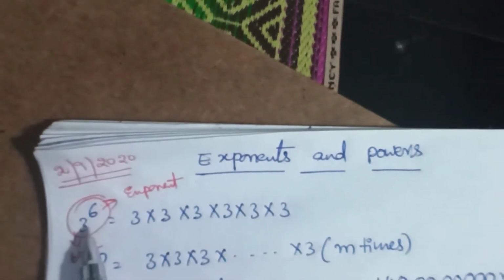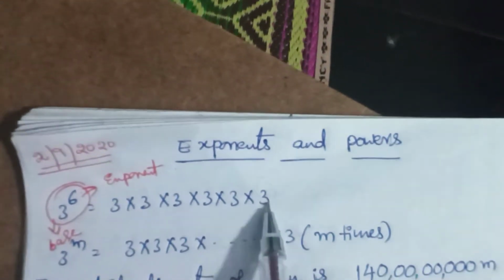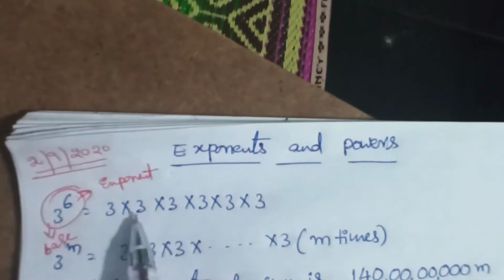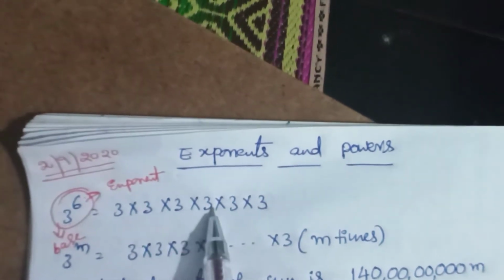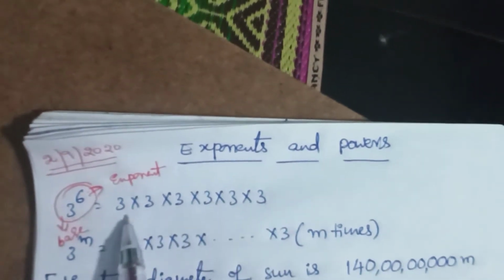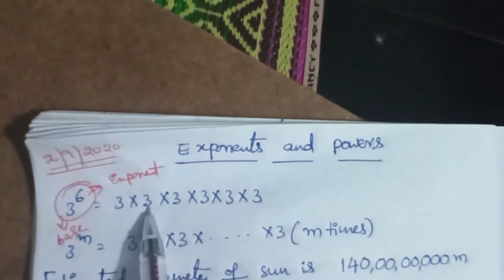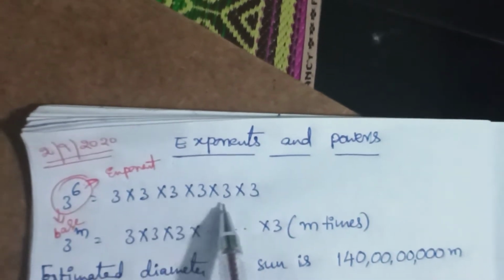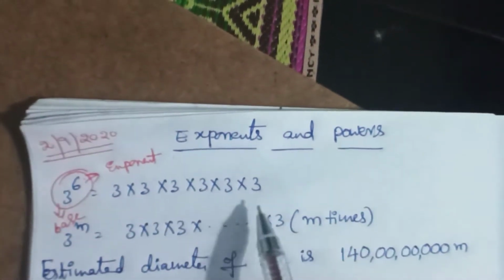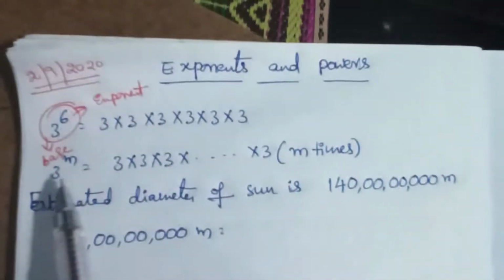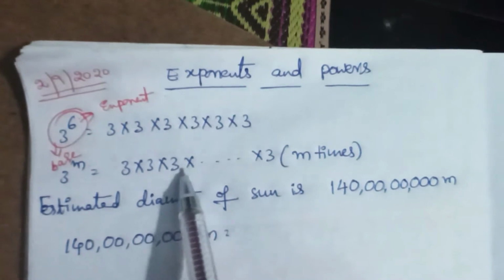So 3 is repeatedly multiplied by itself 6 times. How many times is it repeated? 6 times: 1, 2, 3, 4, 5, 6. Here 3 is the base, and repeatedly it is multiplied by itself. Next, 3 power m is equal to 3 into 3 into 3 and so on